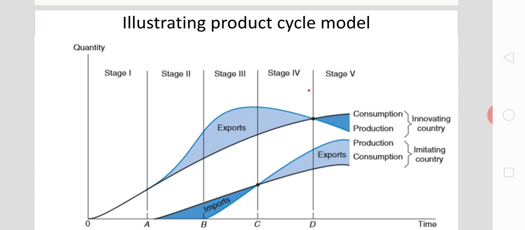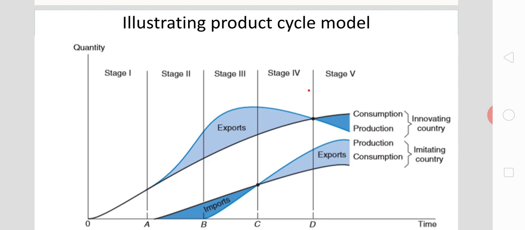And in the fourth stage, the export level of the innovating country sharply comes down. At the same time, export of the imitating country has sharply increased. So the shift in comparative advantage has completely taken place in stage 4, as the export level of the innovating country sharply declined and export of the imitating country sharply increased. This is just after learning the technology of the innovating country by the imitating country.